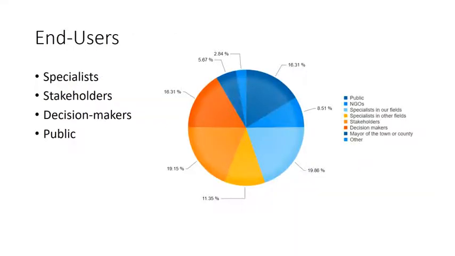One of the final questions was about the end user. Users play the most important part in the platform. If you remember from the beginning, it was one of the main phases in the development and design of the platform. Based on the different users, we will need to design different user interfaces. For example, the public user needs a more simplified result of the analysis in a way that is easy to understand. This is the case for specialists in other fields as well, when they don't understand your field. We should be able to translate our results into a simplified presentation. Apart from stakeholders and specialists, the public are one of the major users of our platform.